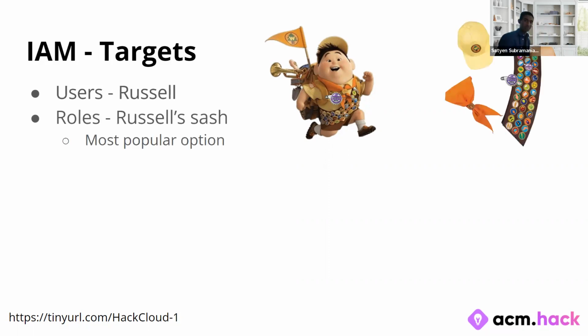So another thing that Call could do, this one's a little bit nuanced, is that instead of wearing the badge himself, he can attach it to his little sash. So the idea behind that is if he's wearing the sash, he has access to Paul's house. But if he takes the sash off, he won't have access. So that might seem like the same thing, right, as the user thing. But the difference here is that he can give the sash to his friend, and then his friend will have access to the house, but he won't. So this is akin to the notion of a role in AWS. So this is a very popular way of doing